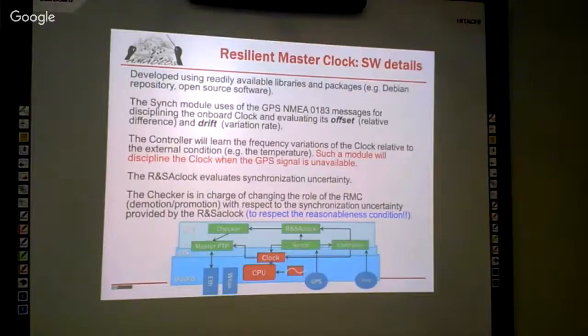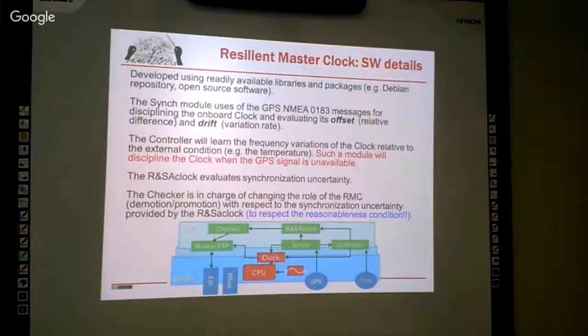If I'm not, I refrain from distributing time. I try to synchronize and to discipline my clock until the point, again, that I can provide this guarantee. But this way, in a system, we are providing a very important function, a timing function, because either the constituent system works